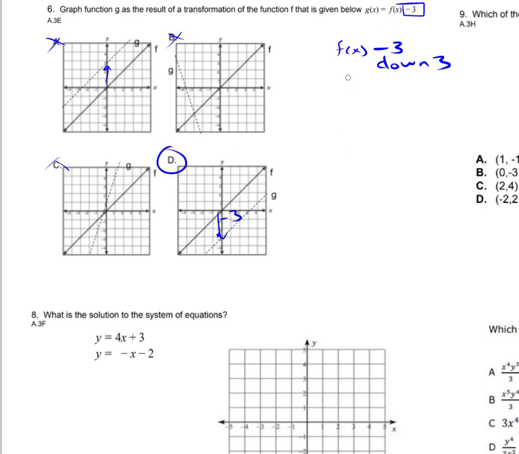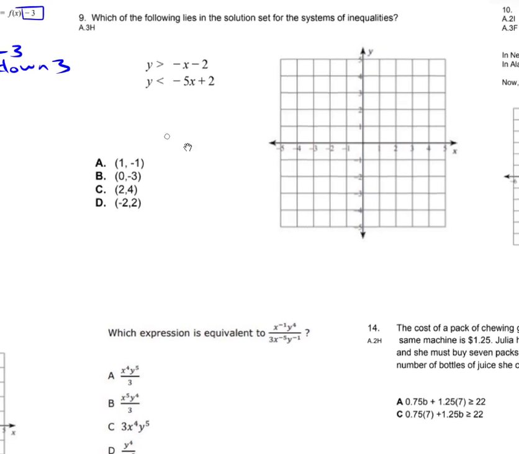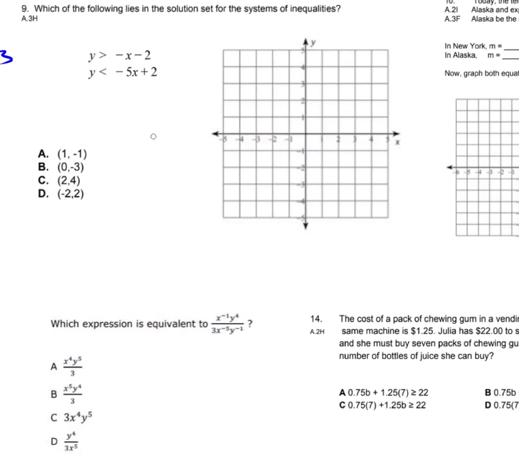All right, let's go ahead and do this one. Which of the following lies in the solution set for the systems of inequalities? So for this one, what I have to do here,